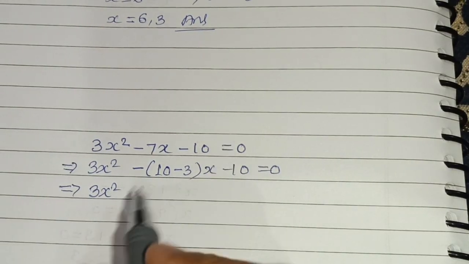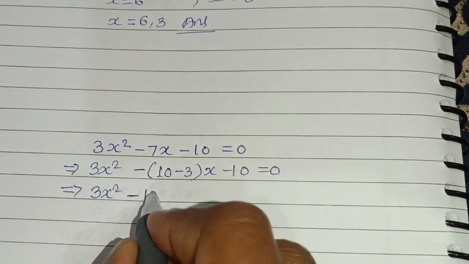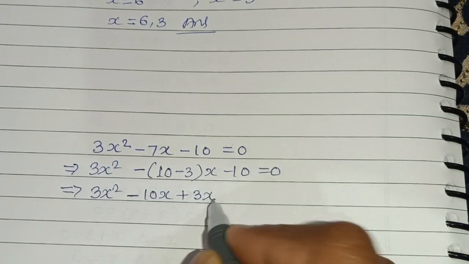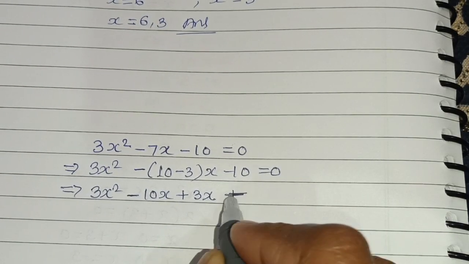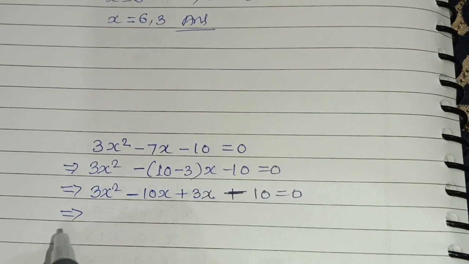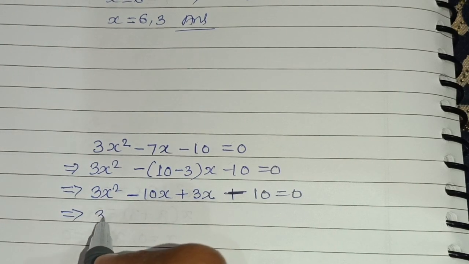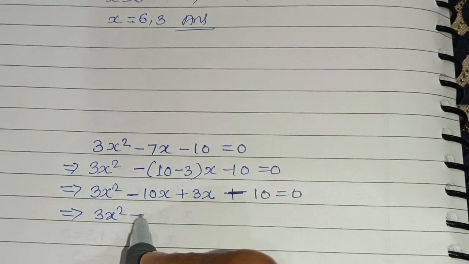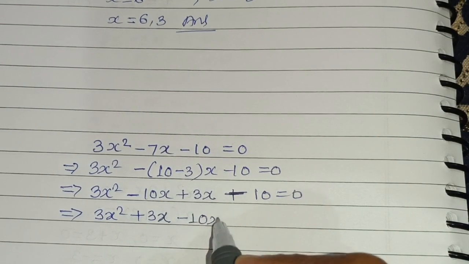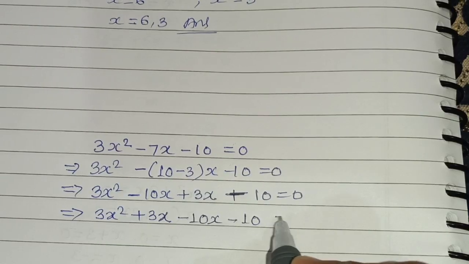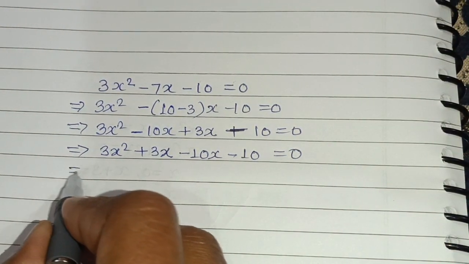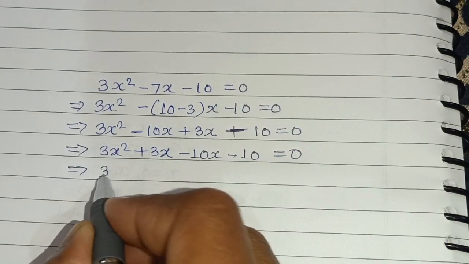Square, and that is minus 10x and plus 3x minus 10 is equal to 0. So that is 3x square plus 3x minus 10x minus 10 equal to 0. So we will take 3x common,